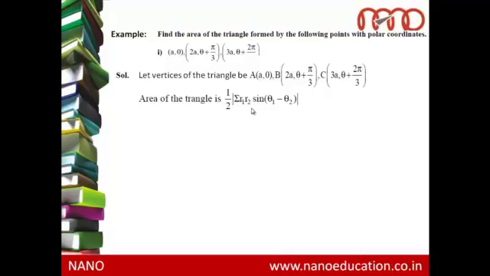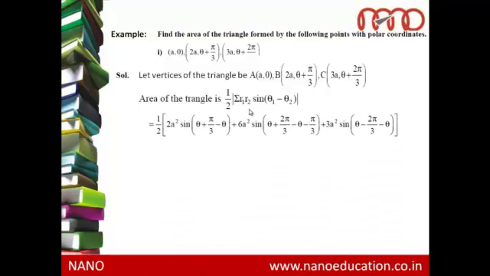theta 1 is theta, theta 2 is theta plus pi by 3 and theta 3 is theta plus 2 pi by 3. Expanding the summation, we have half r1 r2, which is a into 2a, times sin (theta 1 minus theta 2). So it is theta minus,